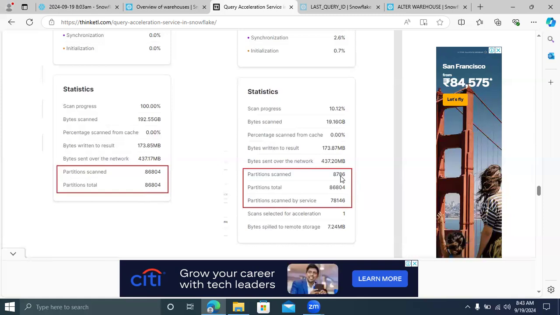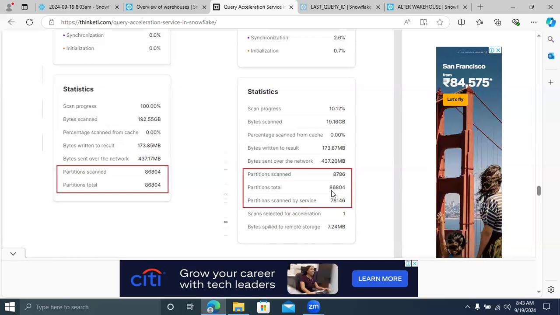You can ask, why is it scanning fewer partitions? Because multiple values are there. One unit will scan 8,786 partitions, the remaining one will scan another 8,786. Like this, the multiple units split the partition scan and give the results much faster. It works in a concurrent way. Sujita Priya, understood, right?